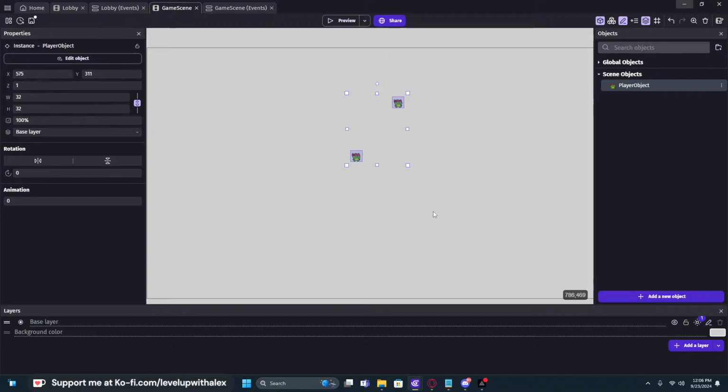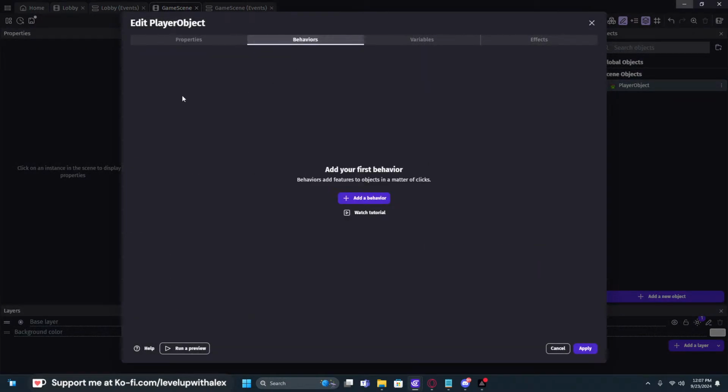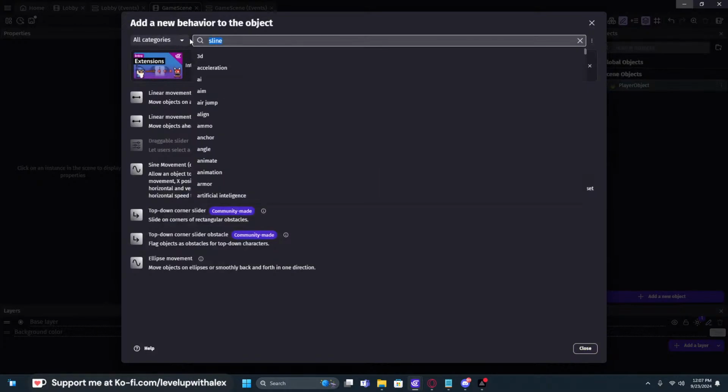So there's actually not a whole lot we have to do to set up the player except for building the base mechanics. To do that, we're going to go into our player's behaviors, and we have to start adding some of the fundamentals to our game. Well, we know that this is going to be a bouncing, rage-inducing sort of game, and also a multiplayer object, which means we need to start our project here with the multiplayer extension. So we can go